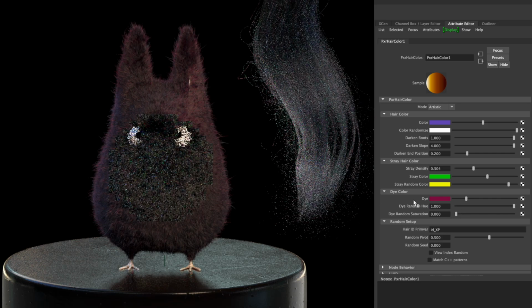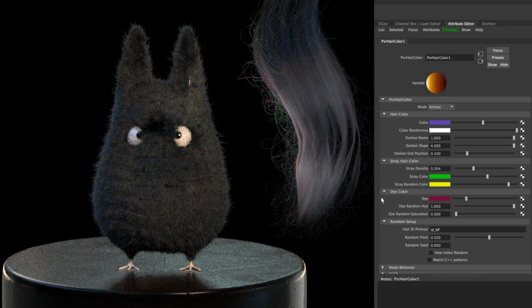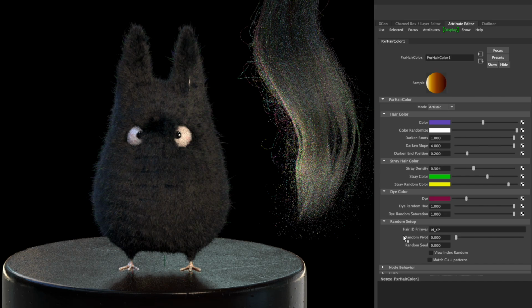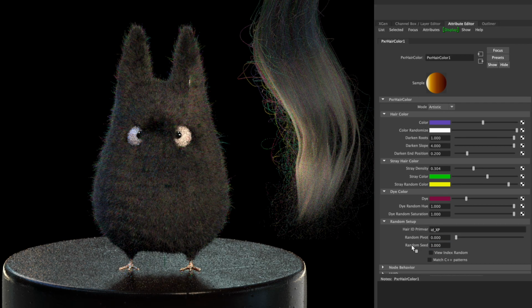As the name says, dye random hue randomizes the color of the dyed hair, and dye random saturation randomizes the strength of these colors. A low random pivot value increases the number of random fur, and a value of 1 nearly makes them disappear. You might think that the random seed value affects how strong the variation is, but it's only a way to place the variations in another place. This is especially important if you're using many characters with the same fur shader and you don't want them to